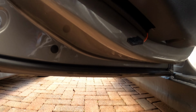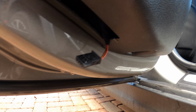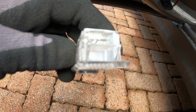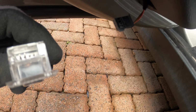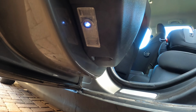And what you do is you just unplug it, it pulls out. You just unplug the 4-pin connector, although it's only using two wires, and then on the end of the LED one you've got the slot for the 4-pin connector to click in. It will only fit in one way, and just make sure that the 2 wires are going to the 2 pins in there. So we'll get that done, and you can see that it's as simple as basically just slotting in the light in there and then just pushing it and it clicking in. So that's the puddle lamps fitted to the car